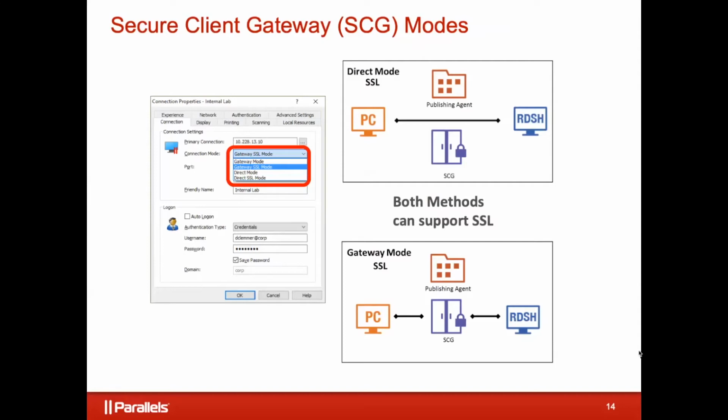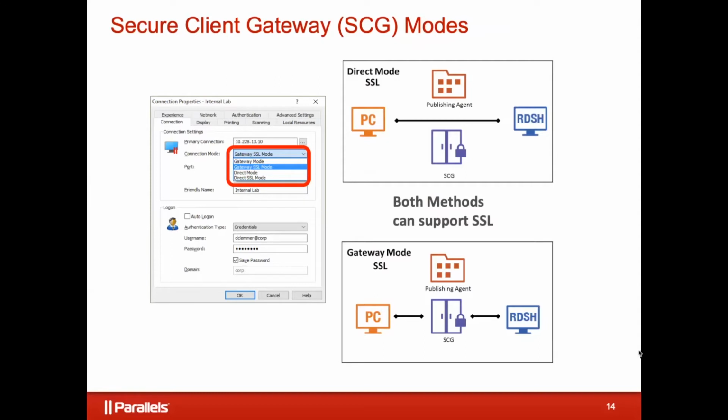The secondary connections is pretty cool because let's say you have a user that travels or roams, right? They're in the office most of the time, but occasionally they go on a trip or take their workstation home with them, their laptop or Chromebook home. You could set up a secondary connection. What does that mean? Well, my primary connection could be an internal facing address, right? Internal only, like mine's on the 10 network, which doesn't route, so it's an internal address in direct mode, and that connects in the office. But if they go home, unless they're using a VPN, they obviously wouldn't be able to connect to that. So the secondary connection would allow you to have a connection that is set up for, say, home, a public-facing address using gateway mode SSL.